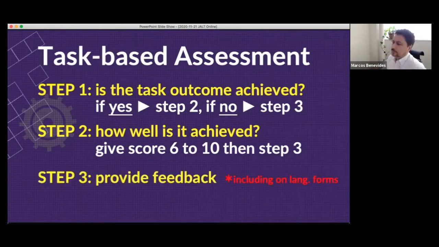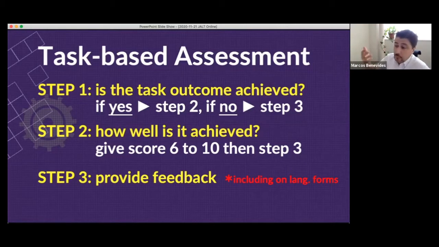Now it's important to note that this includes feedback on language forms. In task-based learning, you're not focusing on language forms primarily. But of course, as a secondary consideration, you do. We are teaching language after all. So it's not like you can't teach grammar. It's just that you're teaching grammar after the fact, in a sense. So at this point, it is absolutely appropriate to say,